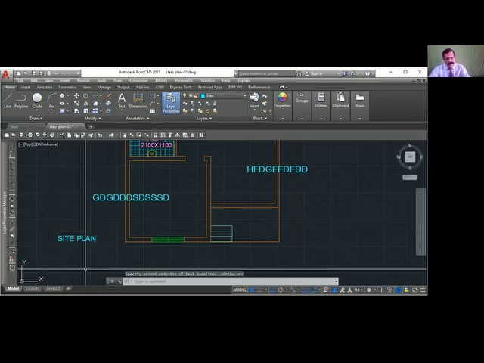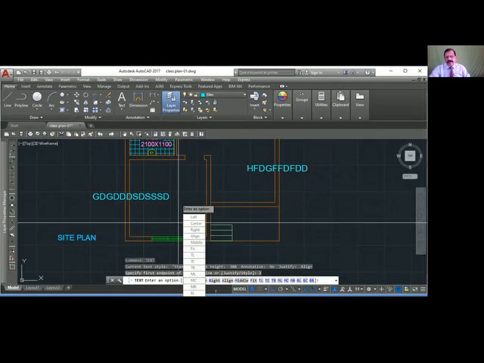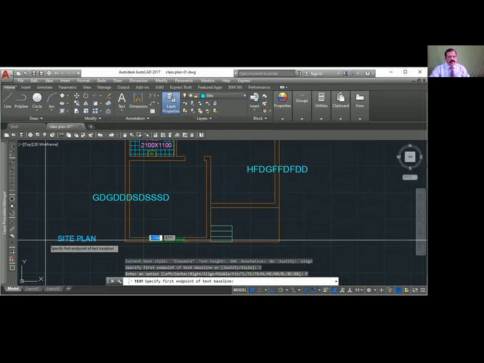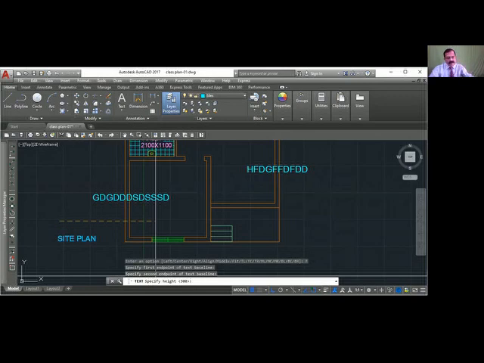Again, I will say text. Instead of justify J, I'll use the fit command. There is a fit here, F-I-T. So I'll say F. Again, you have to show 2 points, first point, second point. Here you have to give the height. You see, it is asking the height. I'll say 500.